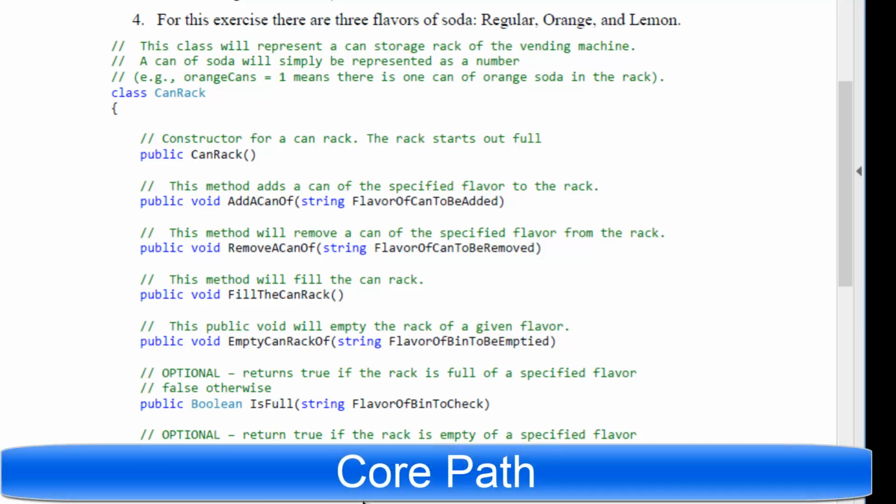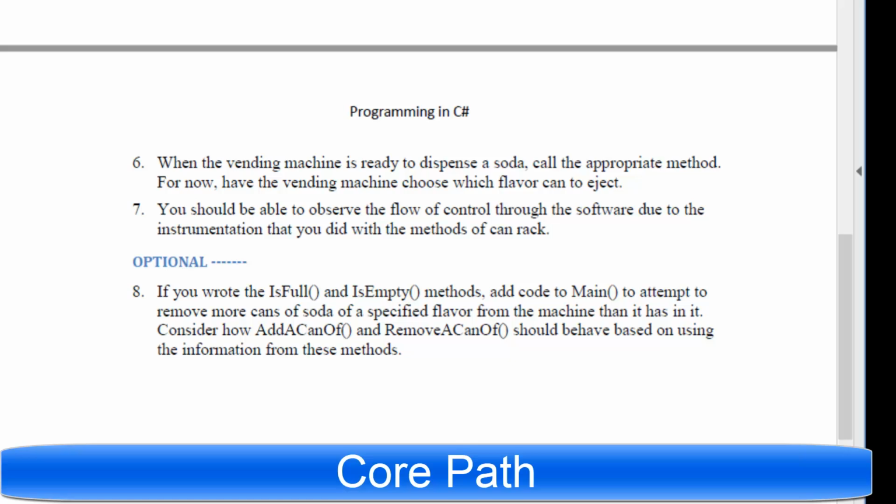So once you have the code for that class written, integrate it back into your vending machine, which is to say your main method. Now for right now, I'm not asking you to allow the human user to be actually able to pick a flavor to eject. You can add that code if you want. We will be adding it later in other assignments. And you should be able to look at the output window to see the flow of control as code is executed inside of the CanRack object. This will be the only class that I'm asking you to write any instrumentation for, but you're welcome to add any additional instrumentation as you do the other